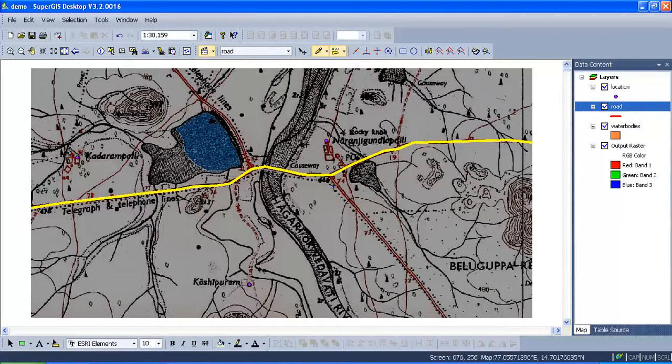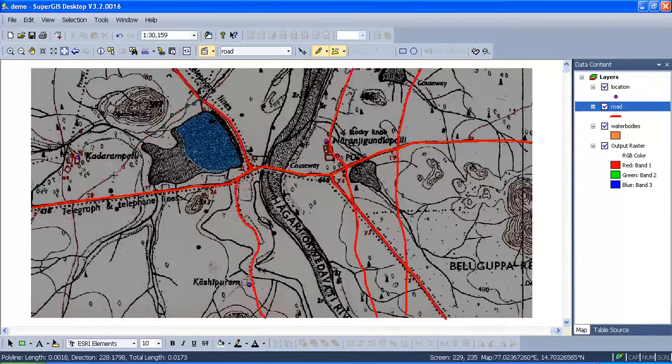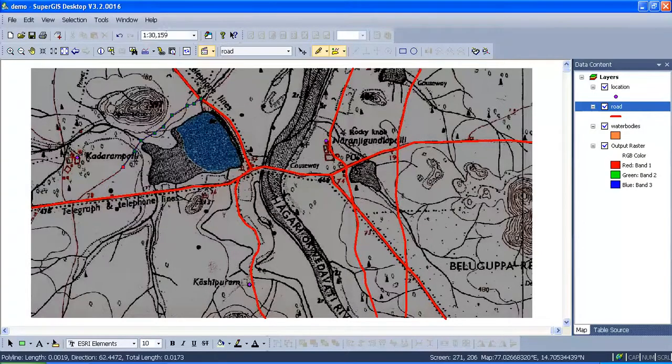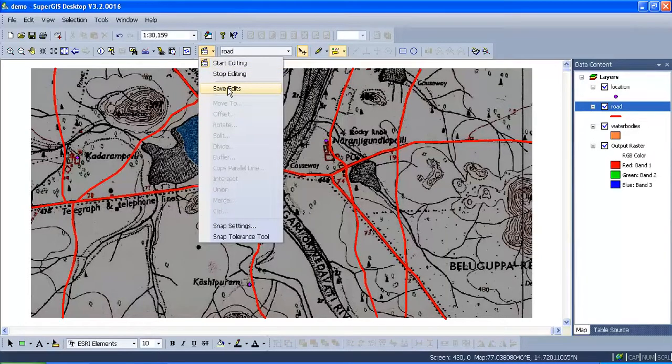Now I'm going to start here. The moment you bring the mouse over here, you can see it automatically snaps to that vertex. Now it is snapped to that line. Now you can continue like this. For digitization, if you made a small mistake in digitizing the line, say by mistake you have digitized here, and you want to remove that, you have to right click and say remove last vertex, then you have to continue. You can see now I have digitized almost all the road networks. Now you have to save this. Save.